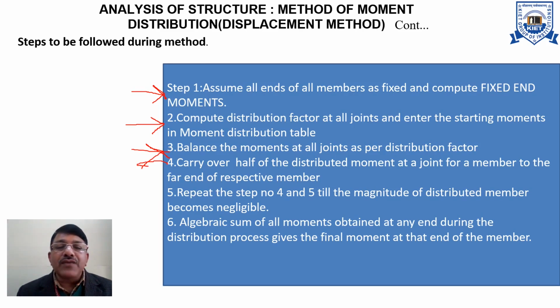Then carry over half of the moment to the far end of the given beam, as we have learned previously, that half of the moment is to be carried to the far end of the beam if the end is fixed. If the end is hinged, then nothing is to be carried. Notice carefully. If you are working at a joint whose far end is fixed, then some moment will definitely be carried. But if the far end is hinged or simply supported, no moment should be carried to the hinged end. Repeat these two processes a number of times so that the moments obtained at one particular joint or joints are negligible in nature.